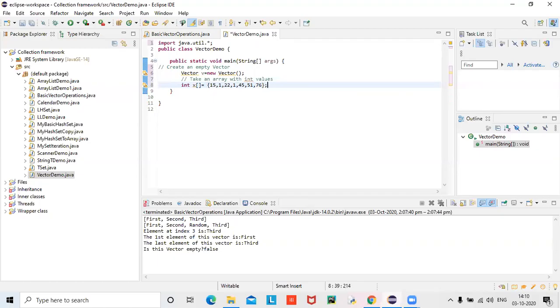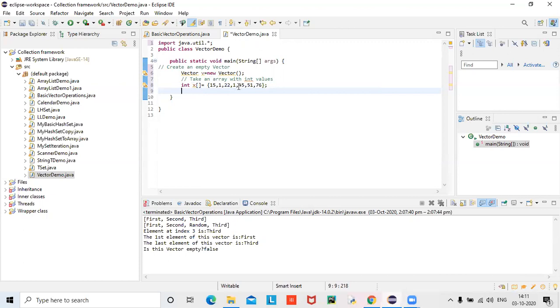Read from the array and store into v. V means the vector object. Directly you cannot leave it like that. Vector is empty till now; you just created an empty vector. I want to put all these array elements into that vector.